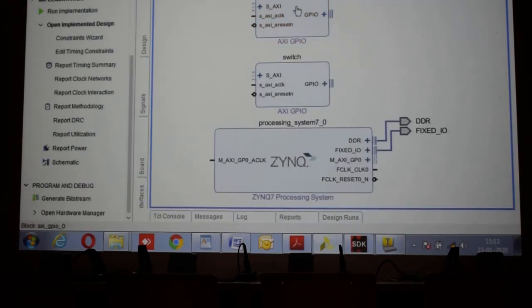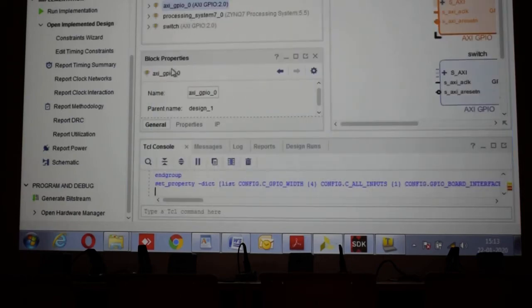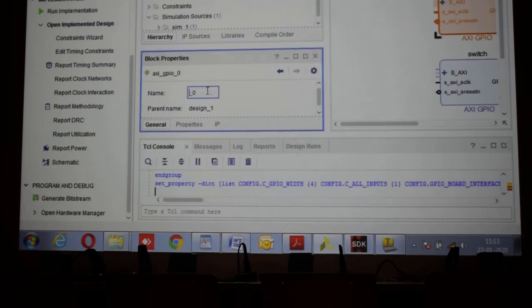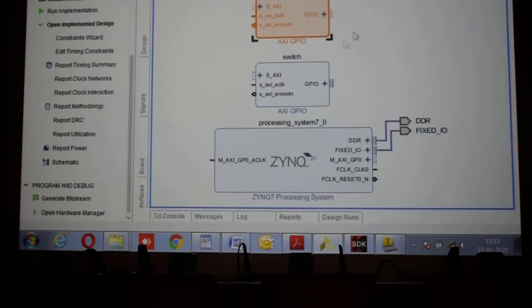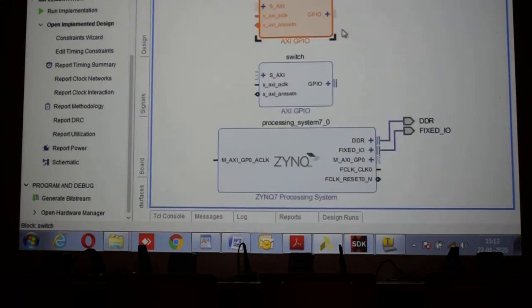And rename it: select this, go to the block properties, and give it the name buttons. Okay, switch, buttons.